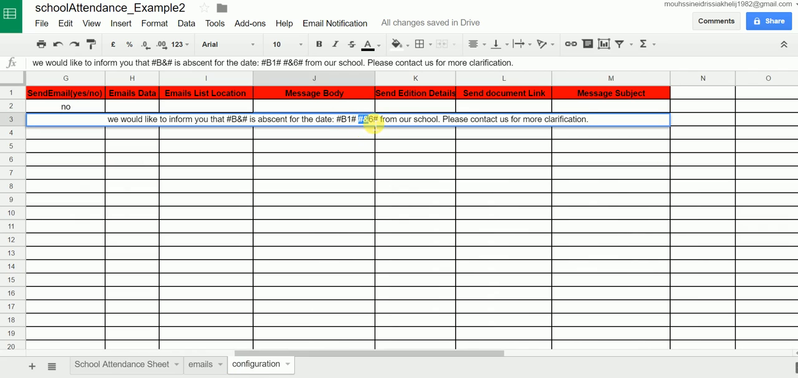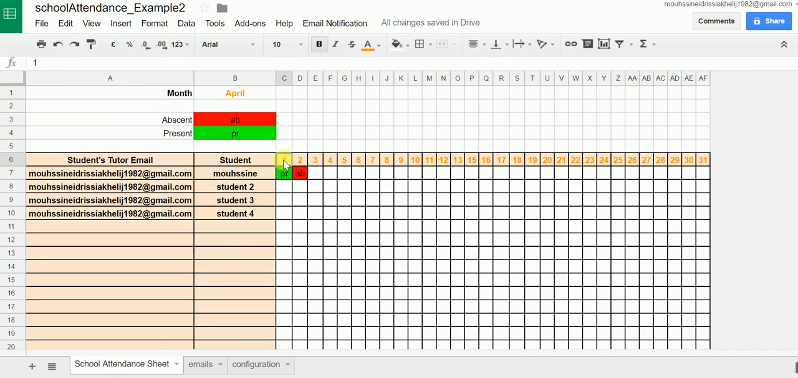Now I want to write the day. The day is this here. For example, when this student is absent in day 2, I want to bring this information from here. So as you can see, if the edition changed, the